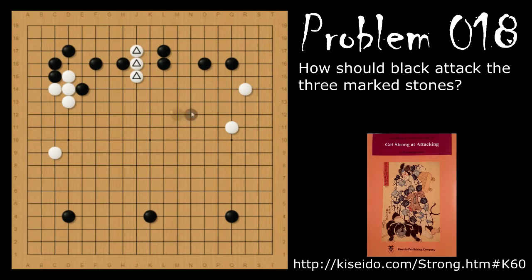Problem number 18. How should black continue attacking these 3 white stones? Black should cap these stones, and then white will peep at this, but black isn't going to want to connect. Black is going to want to seal it in with this move, and then white is going to expose this